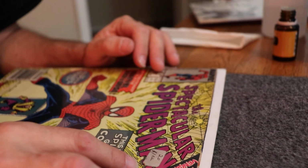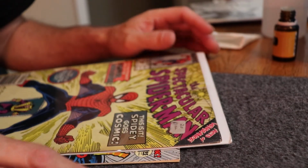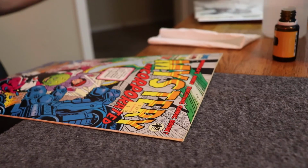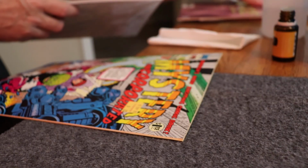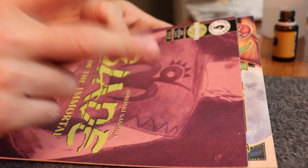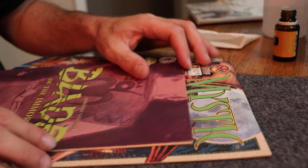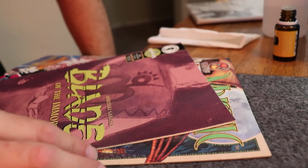But is there a way to get off that sticker without having it turn from a blue chip to the white chip or whatever? So I have been dibbling and dabbling. I'll put this away. But I have tried 3 attempts so far, or 4 attempts, but two times the same way. But in my other video, these did have stickers. They had stickers right here. And this way, the first 2 comics I tried,